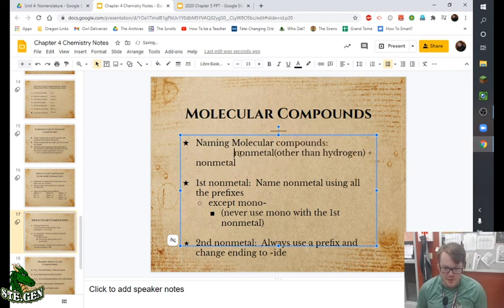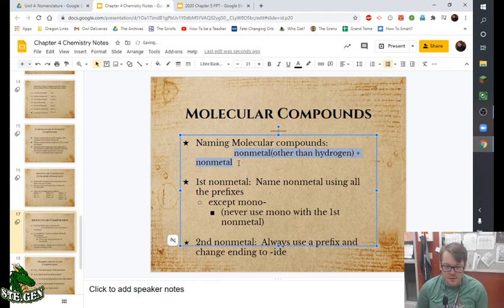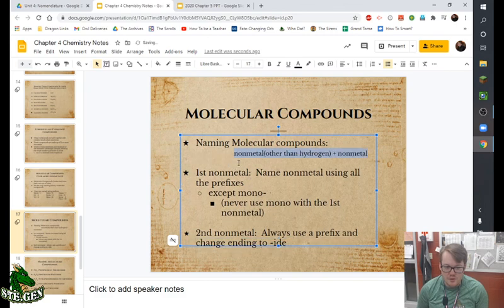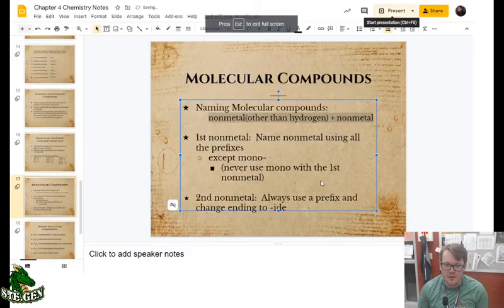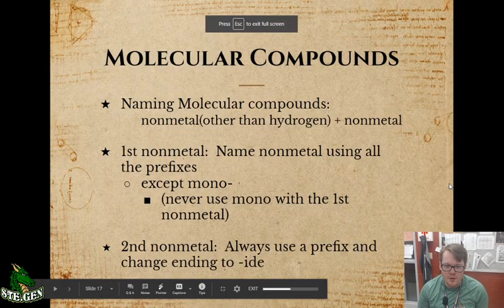Oh, man, now it's going to look ugly. This is the life we lead. We're going to do this. And then we're going to do this. Then we're going to do this. And then we're going to do this. Okay, so